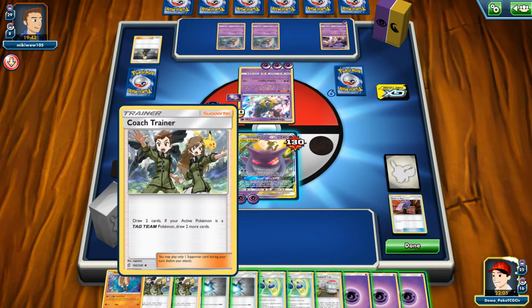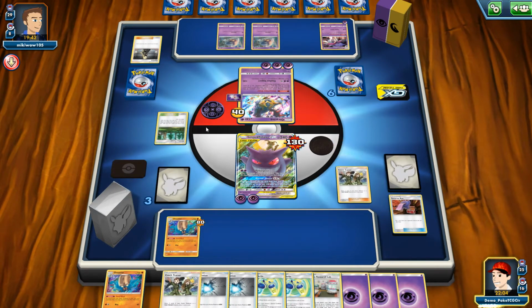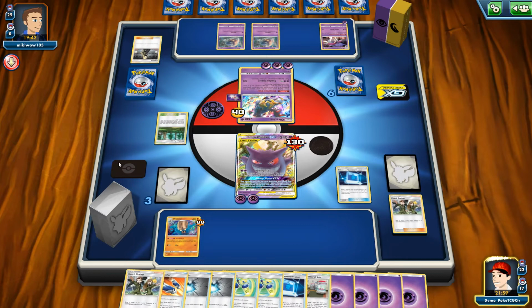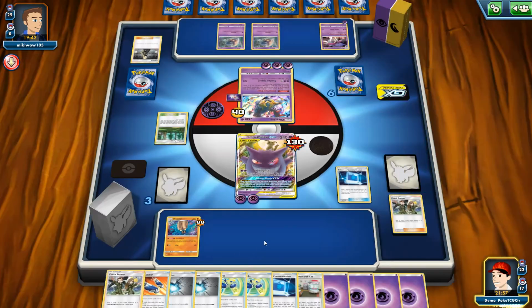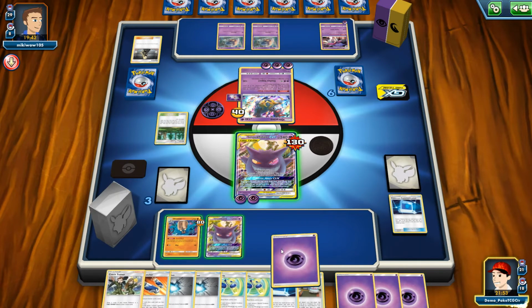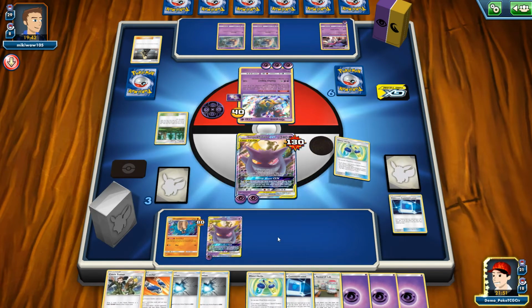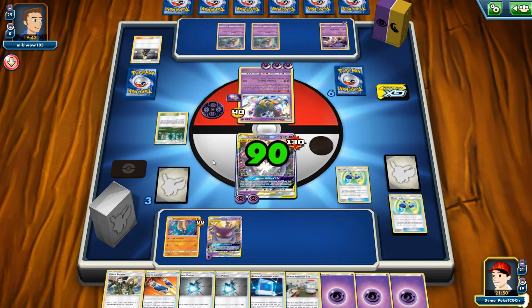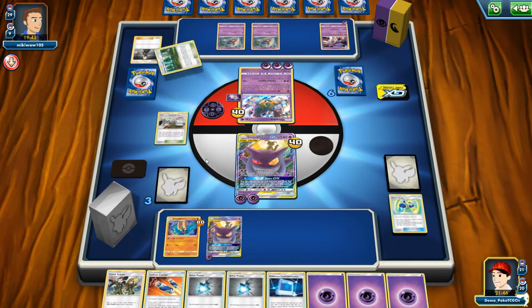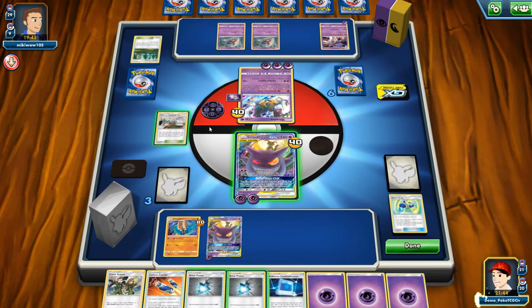There's a couple options available, so let's first see what we can find with the Coach Trainer. Oof, 2 Communications. Alright, not bad. I'm gonna take another Gengar&Mimikyu. I'm gonna put him on the bench. I'm gonna use Mixed Herbs. There we go. Then Research Lab, and then with that Research Lab, if I set another Pokemon in play, well,